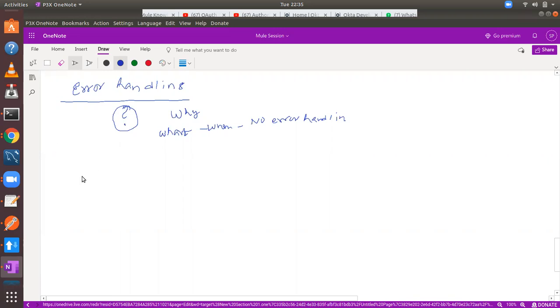For example, you developed an application. The technology may be Java, .NET, MuleSoft, Python, whatever. Using some technology, you developed an application, and your customers or clients are using it. Are you sure this application will run 365 days a week, 24 hours, without an issue?